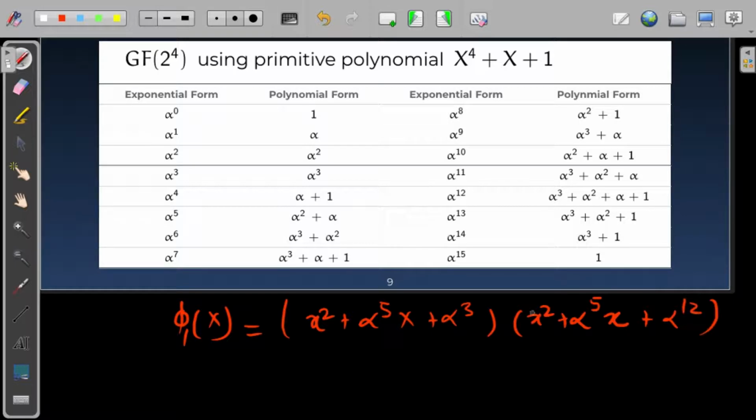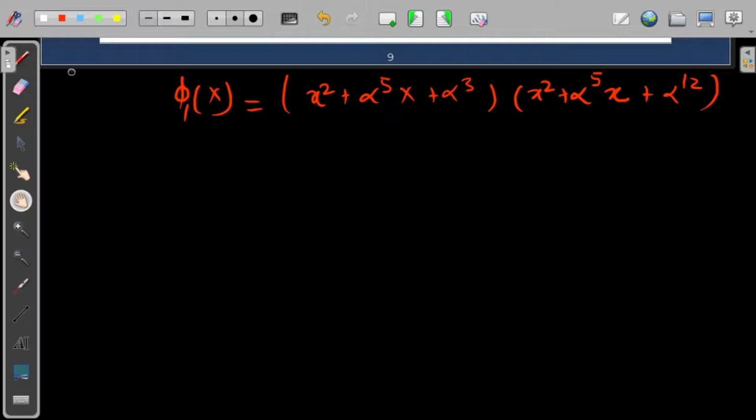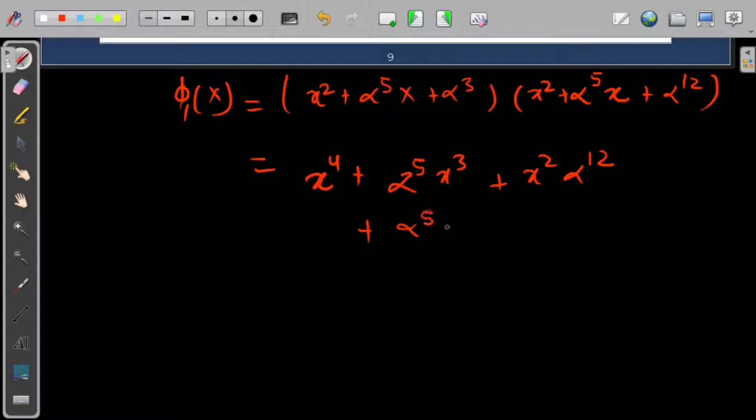So if we multiply these two together now, what is the result? What's going to be our result? This is something that we have to consider, right? So this is going to be x to the power 4, plus alpha to the power 5 x cube plus x square alpha to the power 12, and then we are going to multiply with alpha to the power 5x in the second polynomial, and you will be getting alpha to the power 5 x